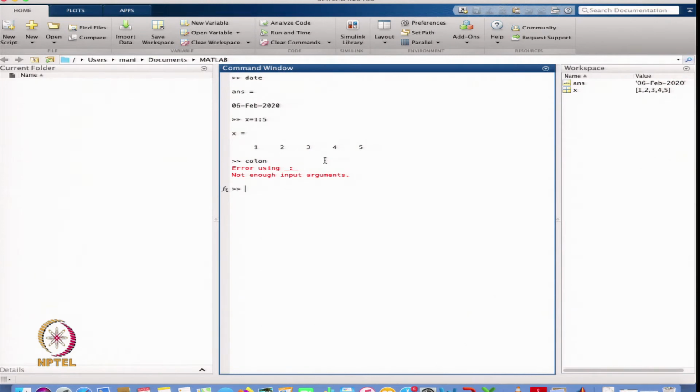Now suppose I write t is equal to 1 colon 0.5 colon 5. That gives me a vector starting from 1 up to 5 with subintervals of width 0.5. So it is 1, 1.5, 2, 2.5, and so on.